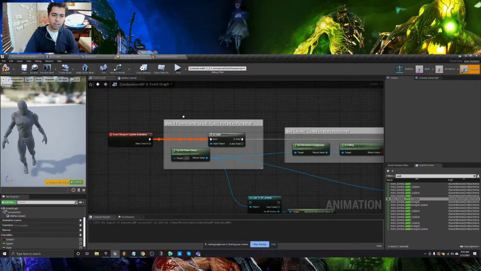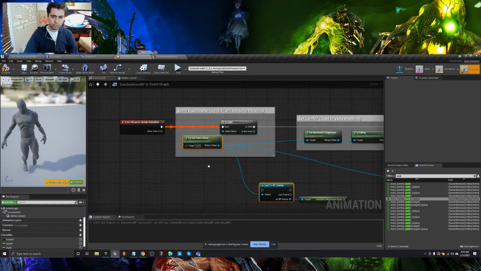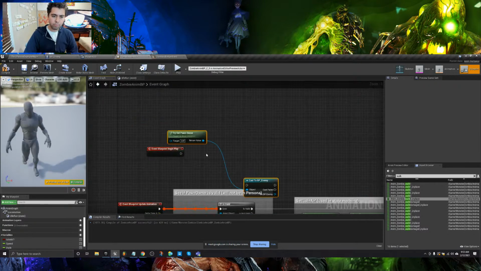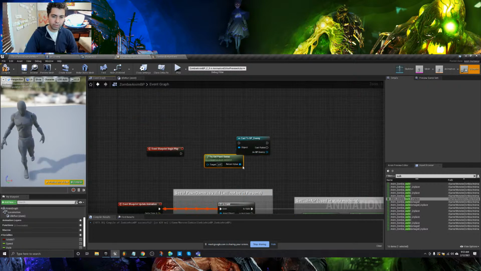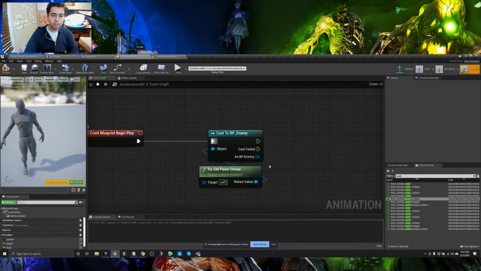Yeah. And what we'll do there is we'll ask for the pawn owner. So this is how I would do it in my own development, this extra step, but it's important for performance, especially if you have many actors in here, which you will with many zombies. Begin play, promote this to a variable,